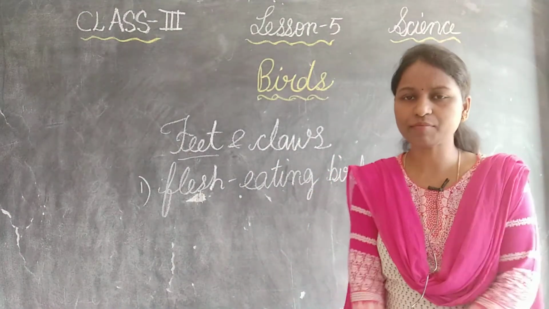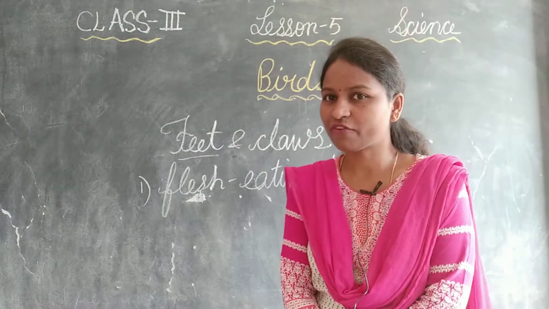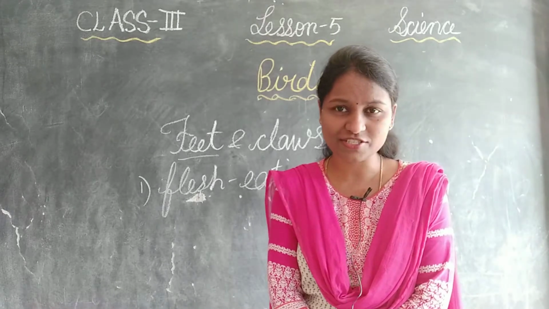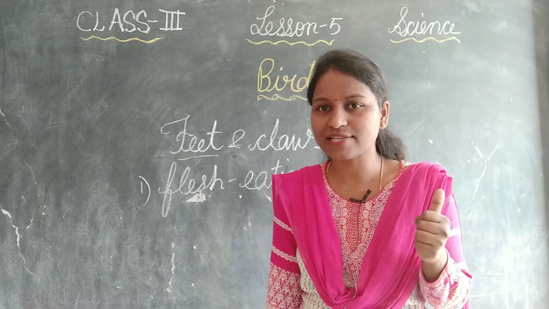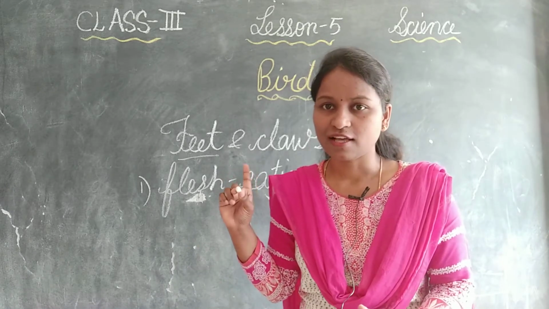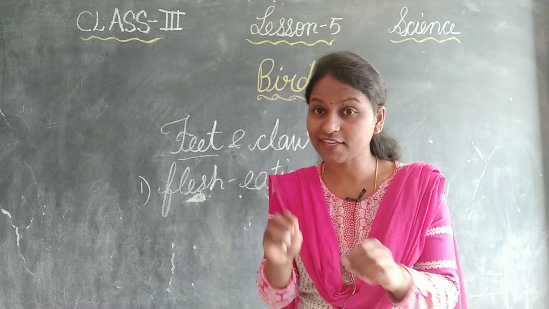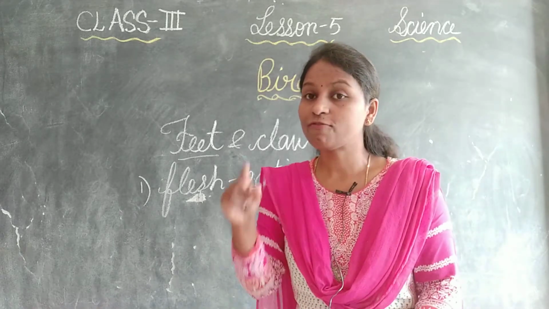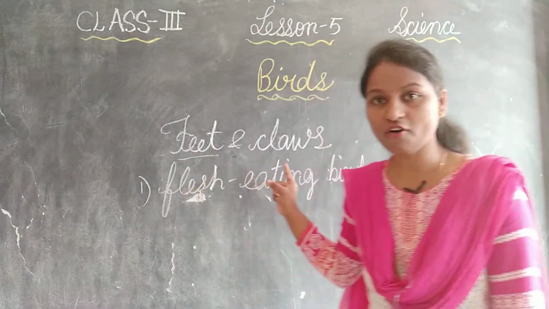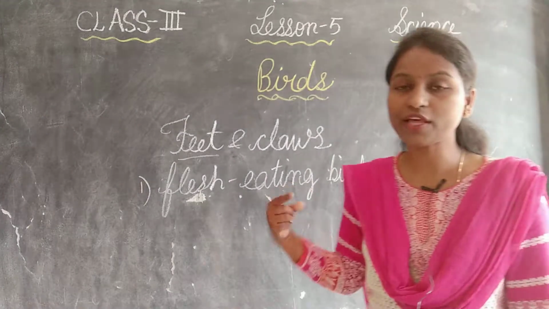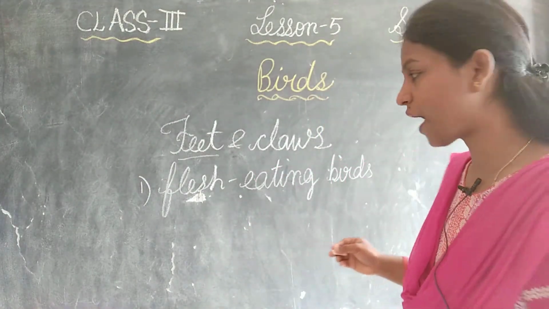The flesh eating birds have very strong feet and claws so they are able to tear the flesh and catch the prey, the birds of prey, as we have seen in the beaks, they have strong, pointed and sharp beaks so that they can tear the flesh. For catching the prey also they need strong feet and claws. So how are they for them? They are strong, sharp and curved